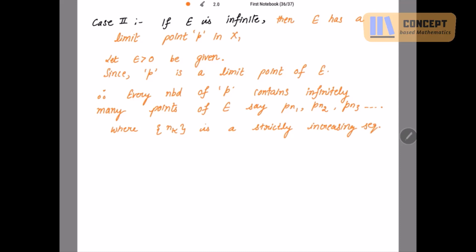Why am I writing "strictly increasing sequence"? Why am I focusing on these words? Because the order of the elements should not be disturbed. Suppose you have the sequence of natural numbers,